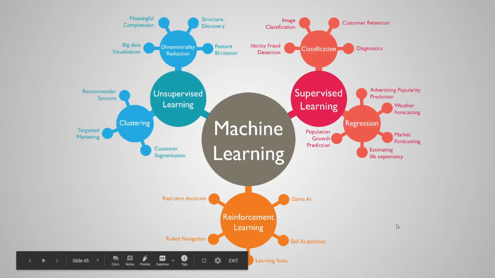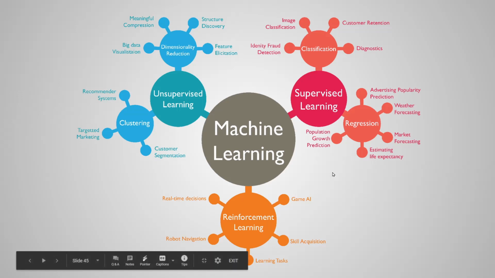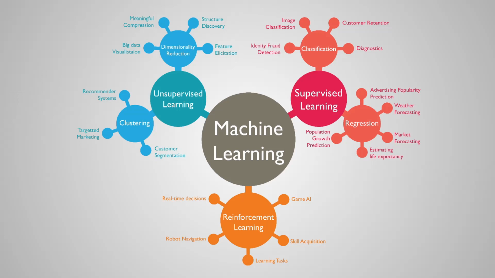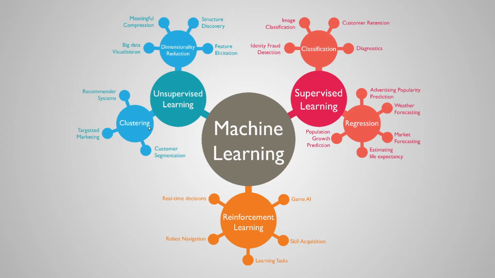So this is a very broad aspect, and I have made it very simple for you. What you can do is decide what you would like to do, and based on that you decide what you need to learn. For example, if we are going ahead with robotic stuff, you have to go with reinforcement learning. Suppose you are doing customer segmentation, you have to go for unsupervised. In unsupervised there is something called clustering, you have to go ahead with that kind of stuff. So you have to decide what you are doing, and then you should be able to decide what kind of thing you should be doing in machine learning.